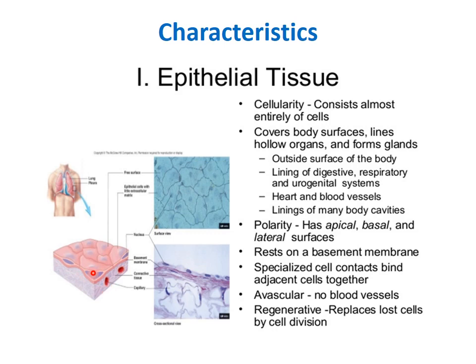Now, another very important feature of the epithelial tissue is that it is avascular. That is, it has no blood vessels. So it will derive its nutrition from the underlying connective tissue, which is a highly vascular tissue, and the nervous cells are also present here. The epithelial cells have a great ability to regenerate and they can replace the lost cells by the cell division.